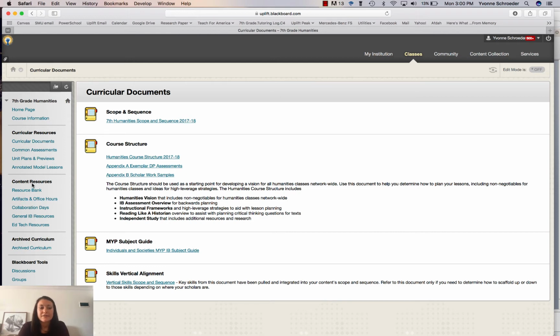And then if you go over here, this menu on the side, content resources are going to be over here. This resource bank is really helpful because it's all resources vetted by myself and our curriculum coordinator, Namisha. So you know that they're good things that are uploaded there rather than having to kind of roll the dice when you Google and not knowing if the resource is good or not. And then you also have archived curriculum. I've been the CTL for the last 2 years, so you have all of the work that I've done over the last 2 years. You by no means have to use this, but it could be a really great place for ideas, a jump off point. And then there's also the archived curriculum from the CTL before me. So you also get the ideas of another person, which is a really great resource.